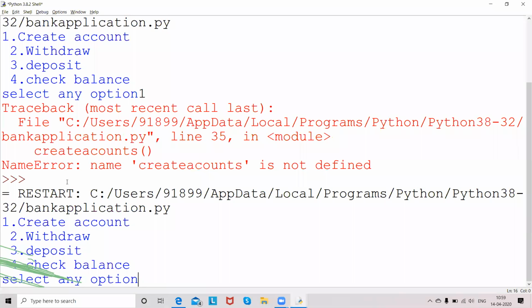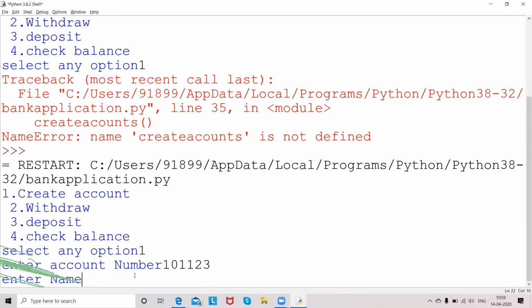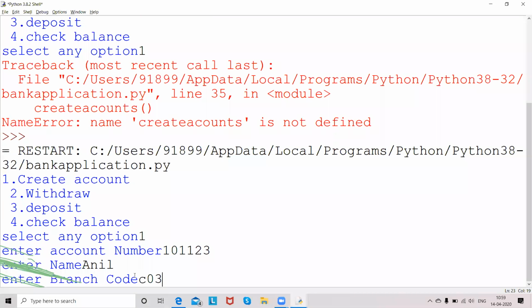So again, I'm selecting option 1. Okay, fine. Now you can see it has started executing. Now enter account number. I may enter an account number like 101123. Then followed by the name, so I am using my name. Then the branch code, something like C02 or maybe 3.